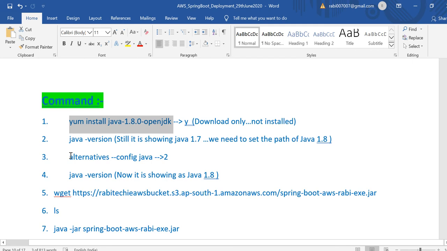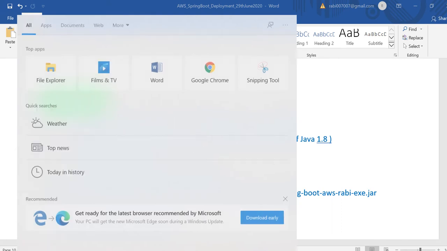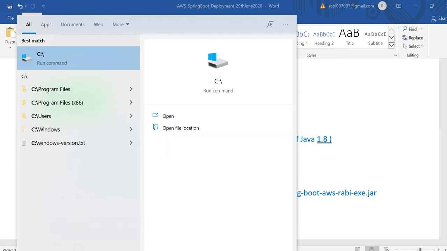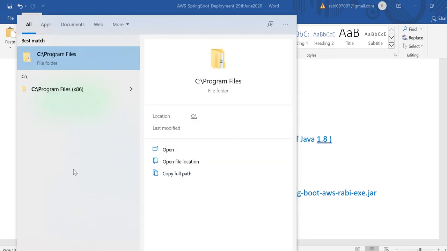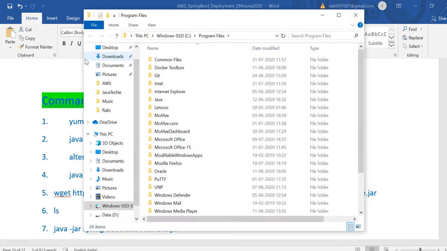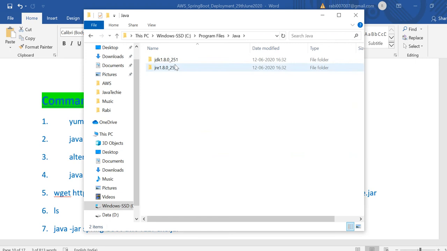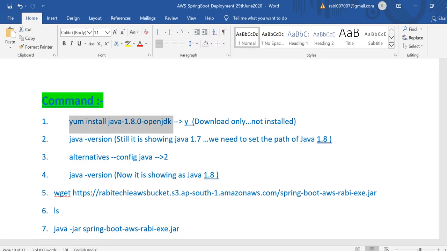JDK 7 is already installed, and JDK 8. For Windows also, when you go to C program files, you will find Java, and you will find JDK 1.8, 1.7. So you have to point to that JDK 8, right?